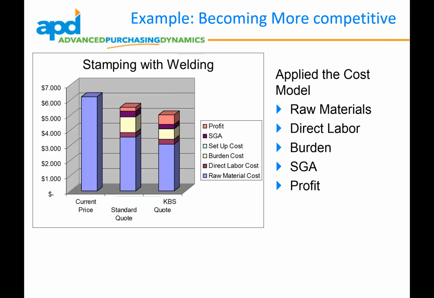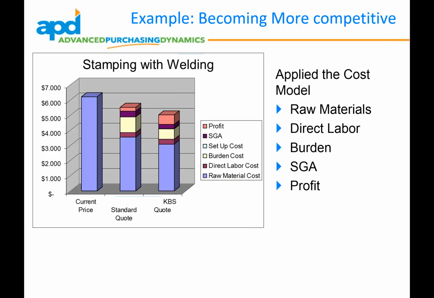And what's important, moving from the standard quote process to the open book costing on the far right, is if you look at the various color striations within the vertical bar, you can see that at the end of the day, where cost was taken out was in raw material. It was in the burden costs and doing some things differently. SG&A was pretty much left alone, and labor was left alone. But by taking material cost out and reducing some burdens by appropriately applying them the way we talked about earlier,